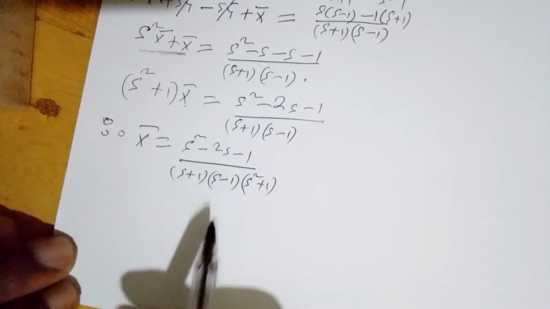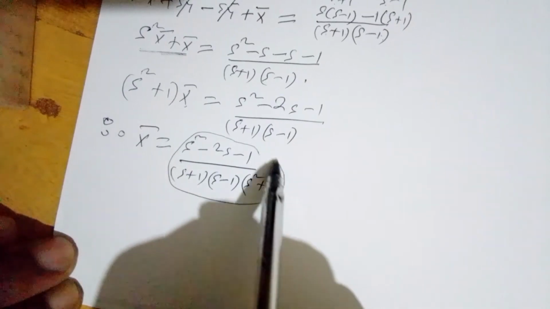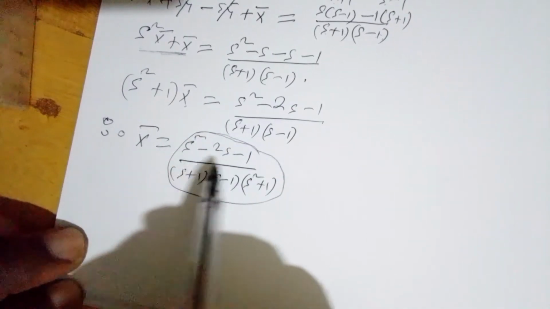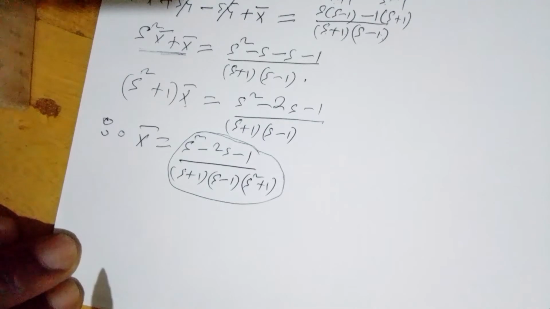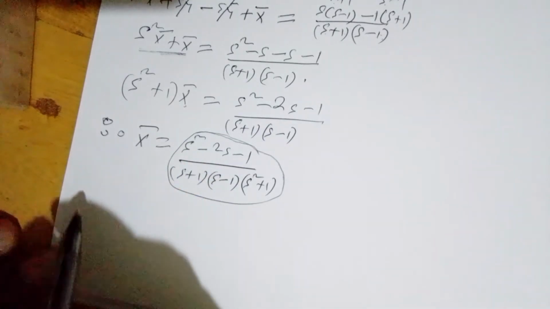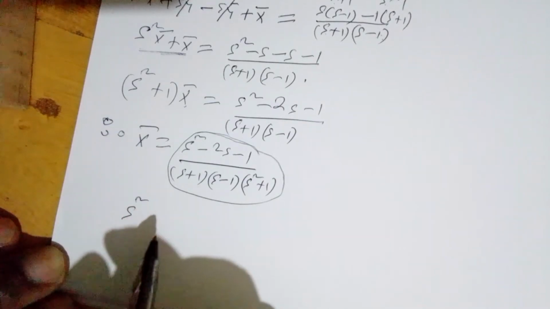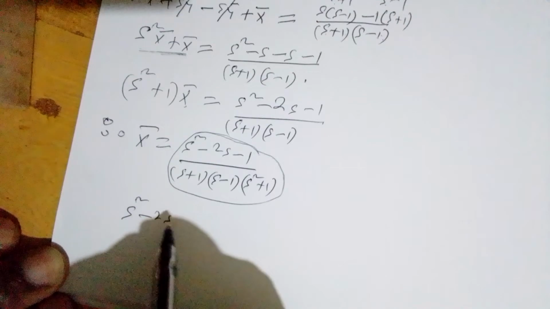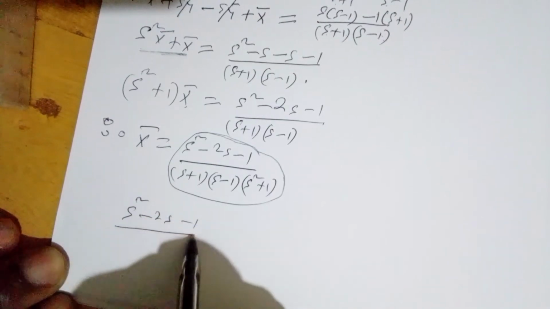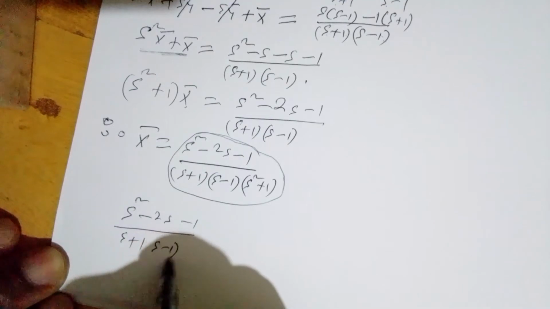Now at this point, we get the partial fraction of this expression. So how do we get the partial fraction for this expression, which I say that (s squared minus 2s minus 1) over (s plus 1)(s minus 1)